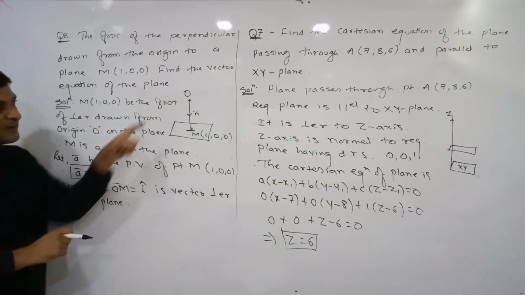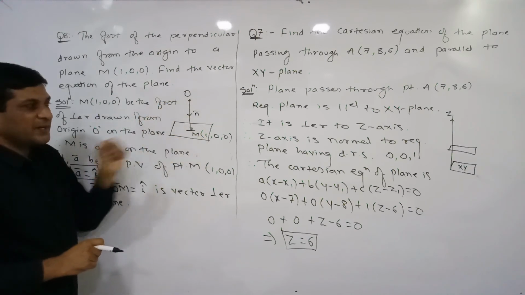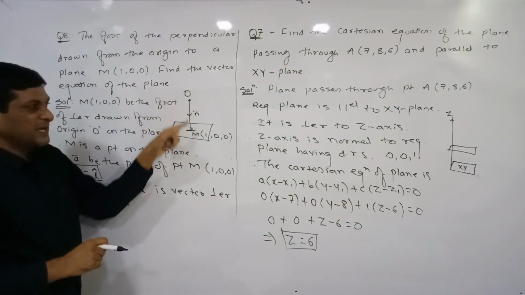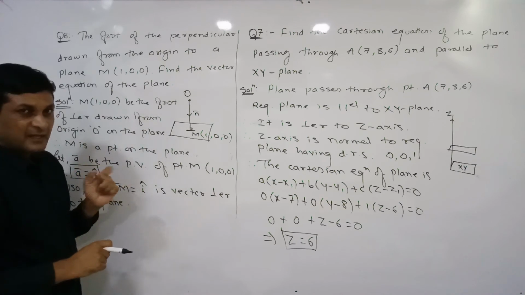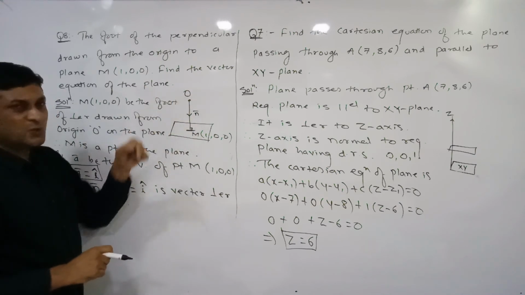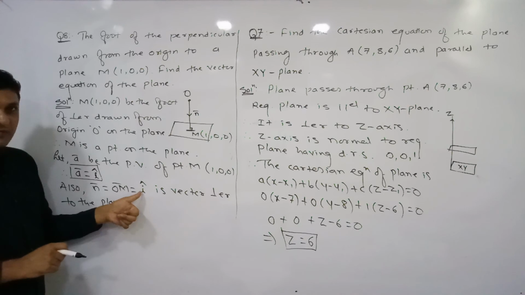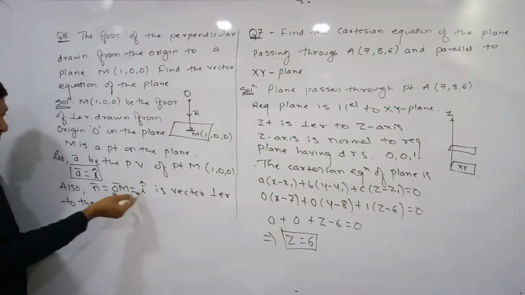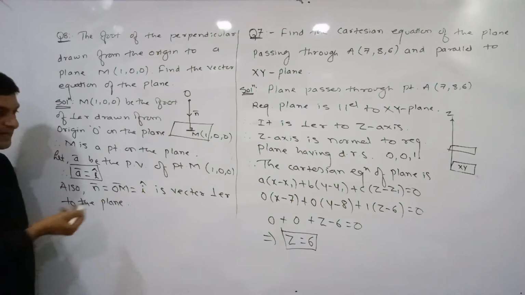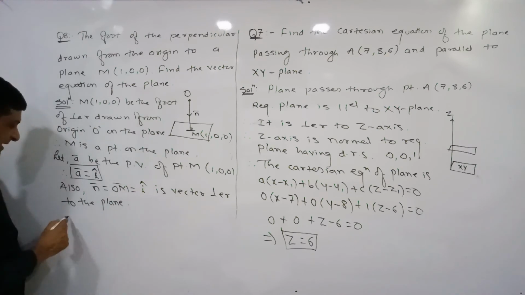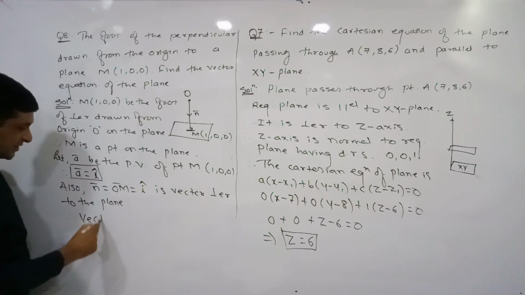So the coordinates of origin are known to us, the coordinates of M are also known to us. So we are able to find the value of OM bar using which method? M bar minus O bar. If you take the subtraction, lastly what will we get here? I cap. So I am denoting this OM bar by n bar, a vector perpendicular to the plane. So therefore the vector equation